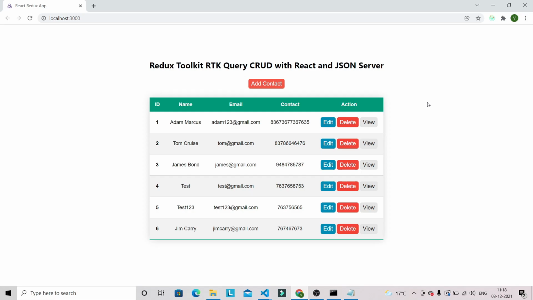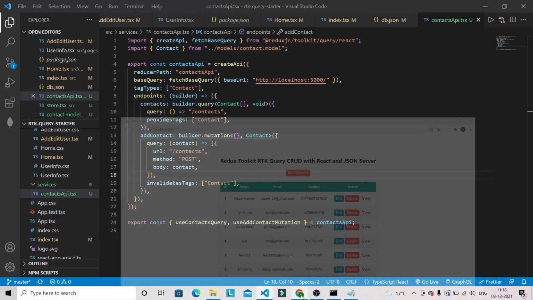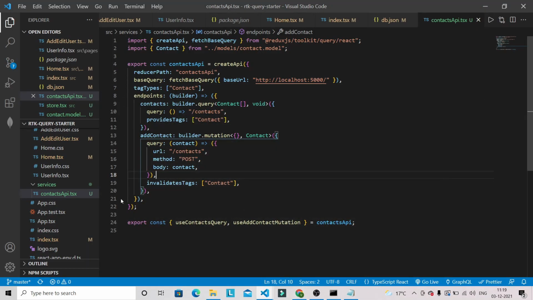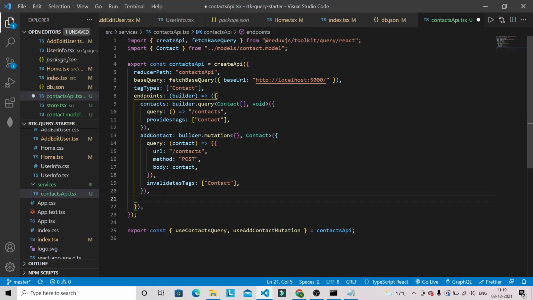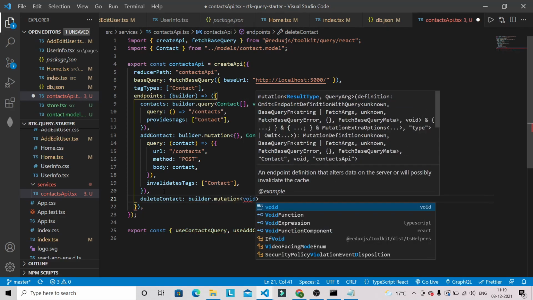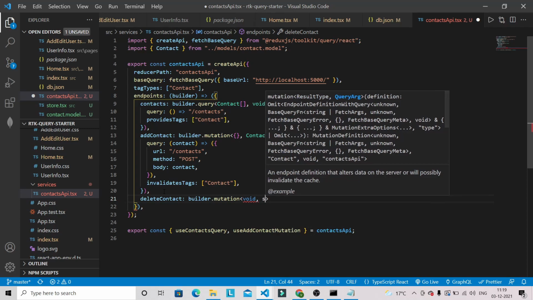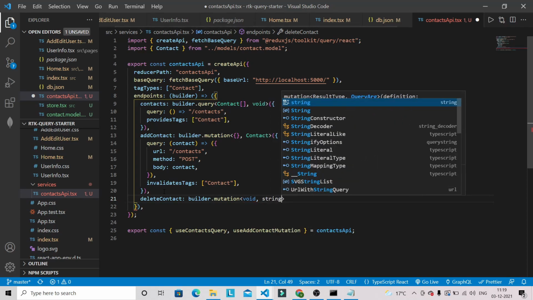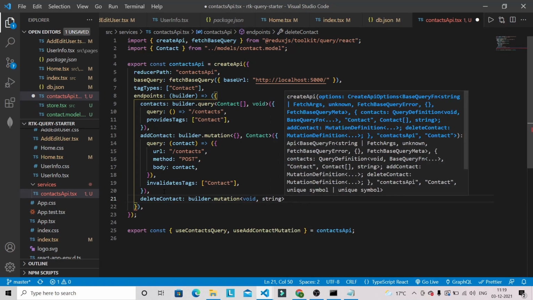First, let's write the mutation in our contacts API for deleting the contact. Here we have deleteContact, and we use builder.mutation. It will have void because it won't return anything, and in the second we pass a string because we are going to provide the ID.